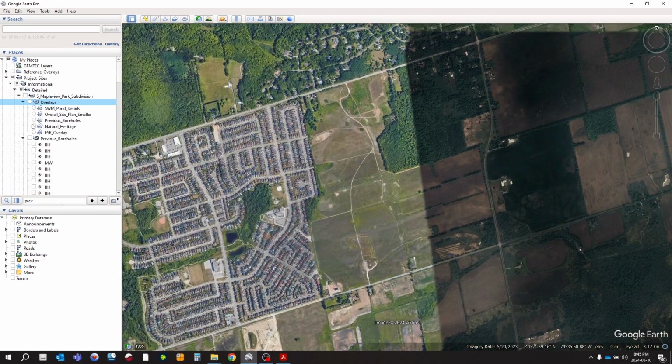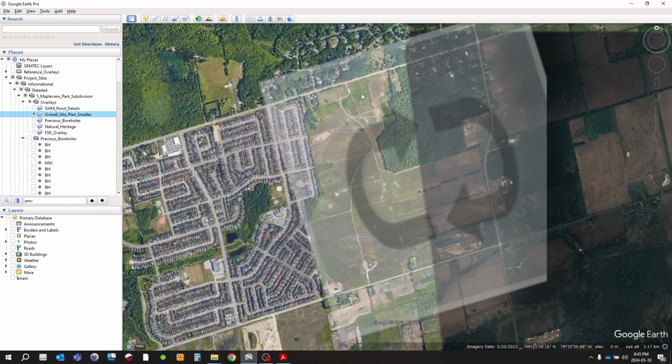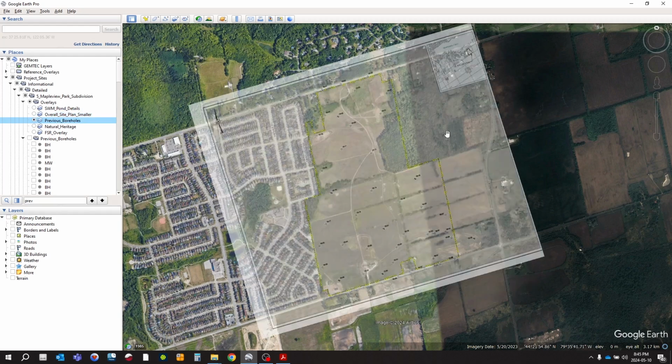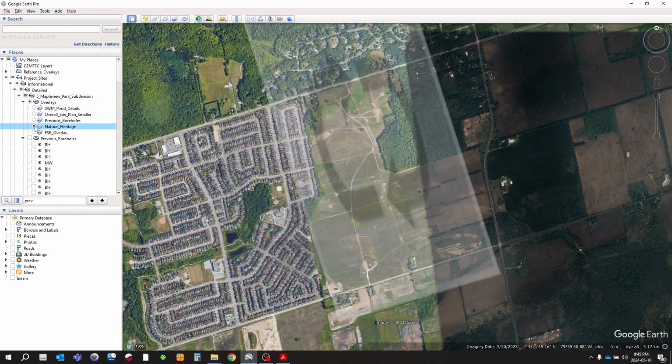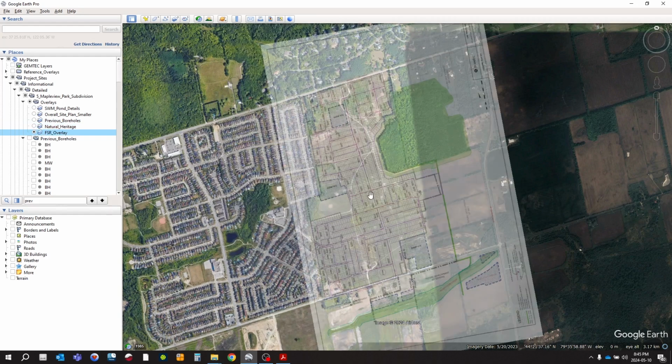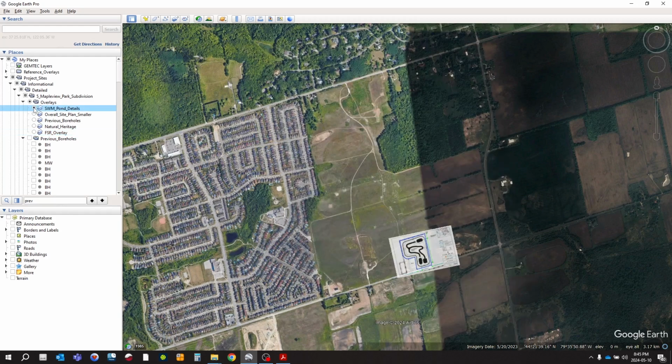In this case, there are several overlays, one being the main site area, another being our previous boreholes from a different drilling operation that was completed, another being natural heritage, which was an assessment done by a subconsultant, and another being the functional servicing report, which was the original civil design that was done for the site. On top of that, there is a smaller drawing of a stormwater management pond that was done for a portion